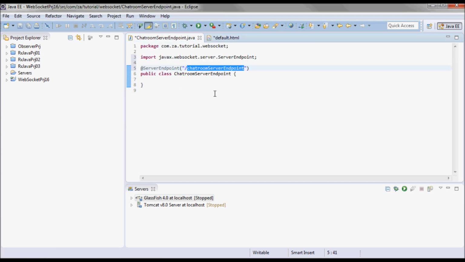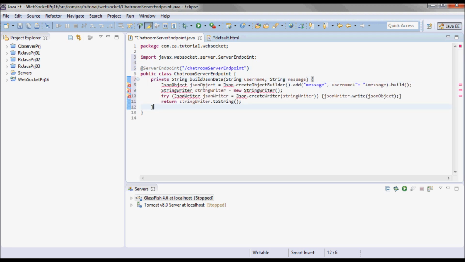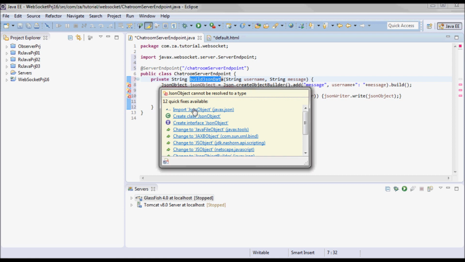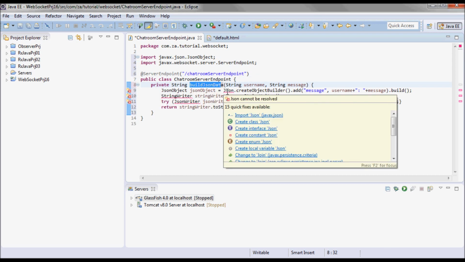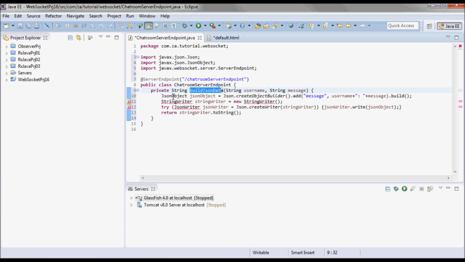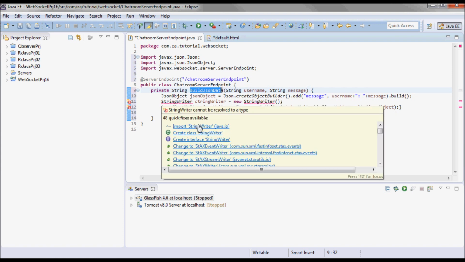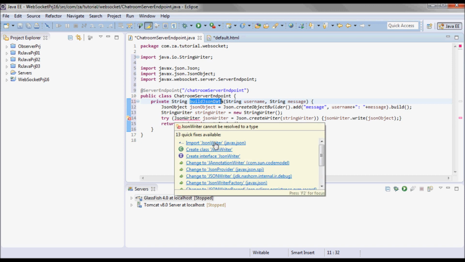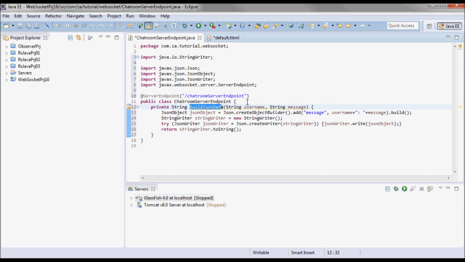So for the chat room server endpoint, I've used in a previous tutorial this build JSON data method. So I'm gonna be reusing it without re-explaining it.